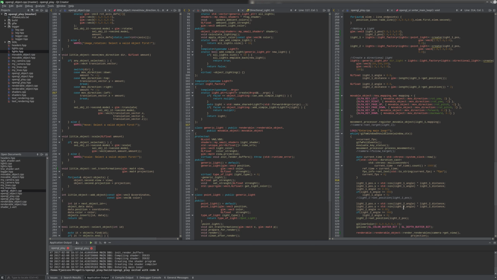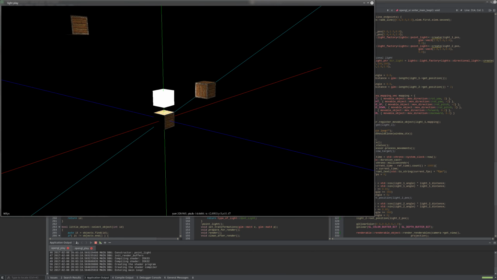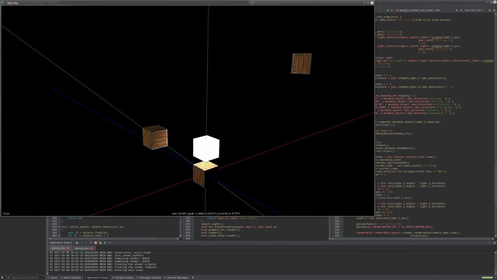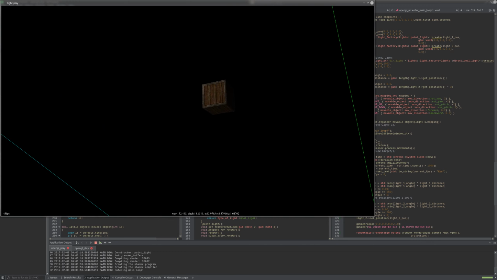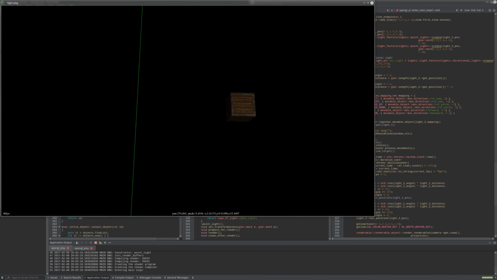Hello everybody. I have some new updates about my graphic engine, and I want to show you what new features I've added to the engine, and how they work. The first and most important is that now I support directional light. The directional light